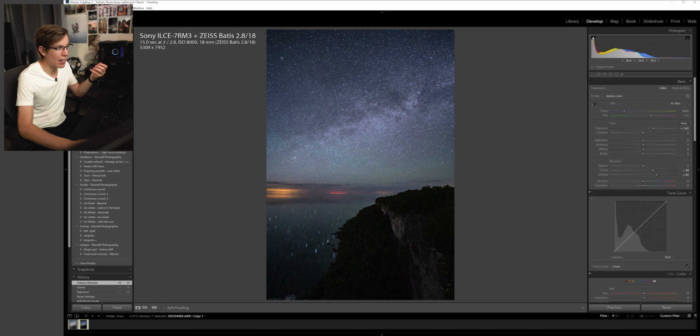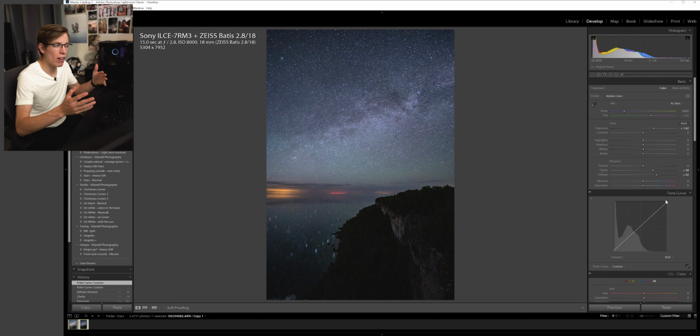And you can see that there's a lot of potential here to work with, and we even got some reflections from the water. So the next thing I like to do is pull up my blacks a teeny little bit on my tone curve and pull down my highlights. The reason I do this is to flatten the image a little bit. This is because across different devices such as phones, monitors, tablets, whatever people are looking at the picture on, or even if you're printing it,